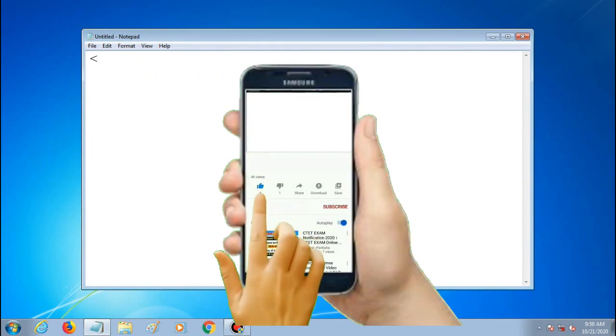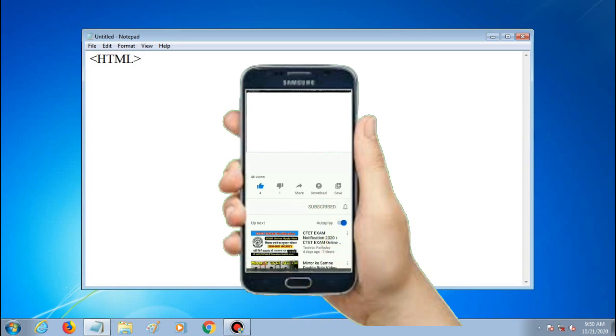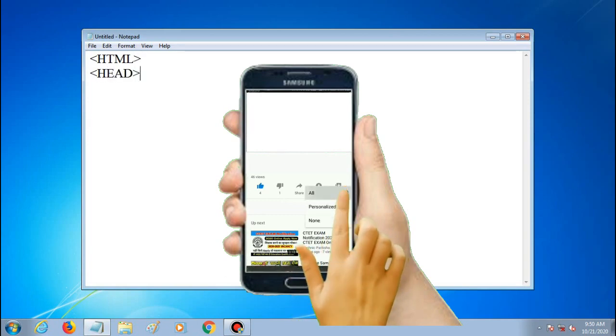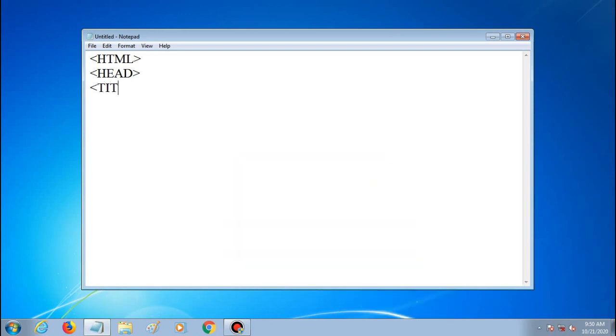I will start with HTML tag, then head tag, then title tag, and in the title I will give a title, learning to set alignments, then close title.